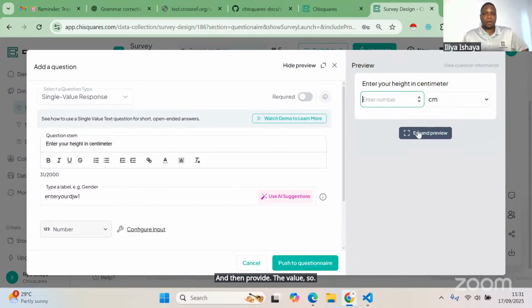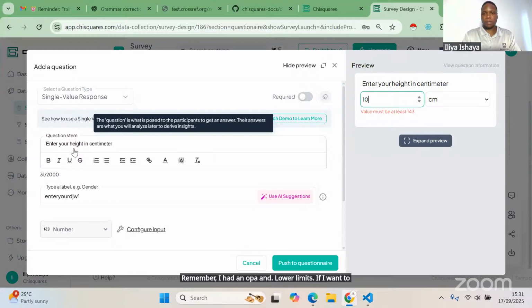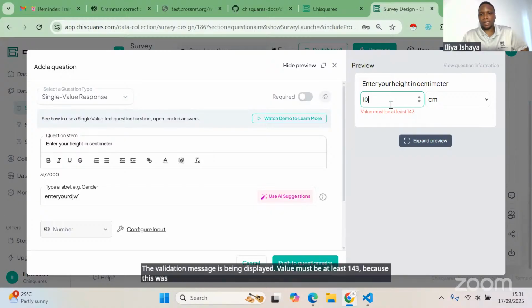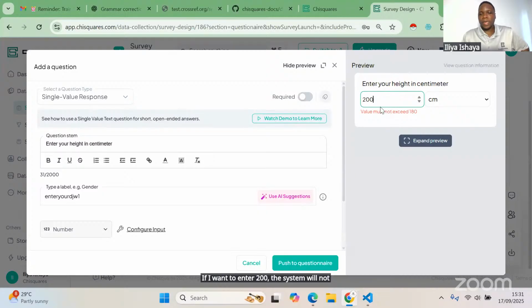So remember, I had an upper and lower limit. If I want to enter 10 here, you would see that a validation message is being displayed. Value must be at least 143 because this was the lower limit I entered. If I want to enter 200, the system will not accept it. Why? Because my highest value was 180, right? So this helps you collect good data